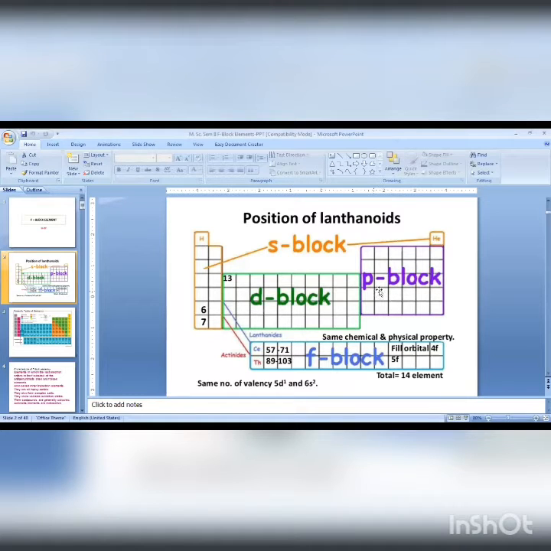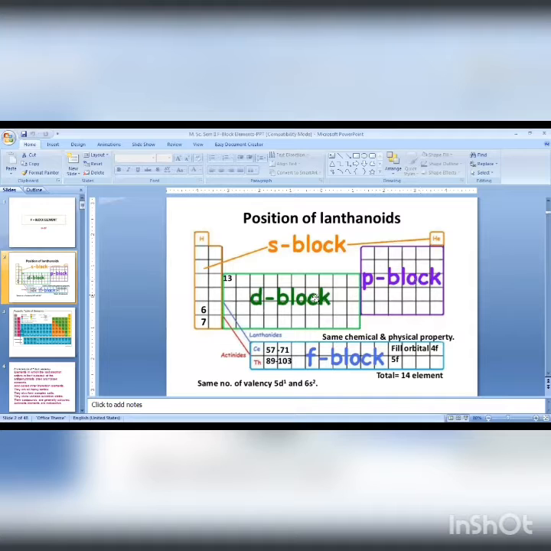P block of the periodic table, the D block is there, which is always referred to by a common name, transition elements. The word transition here means that this block, which is in between the S and P block of the periodic table, is a transition between S and P, and hence these elements are commonly known as the transition elements.